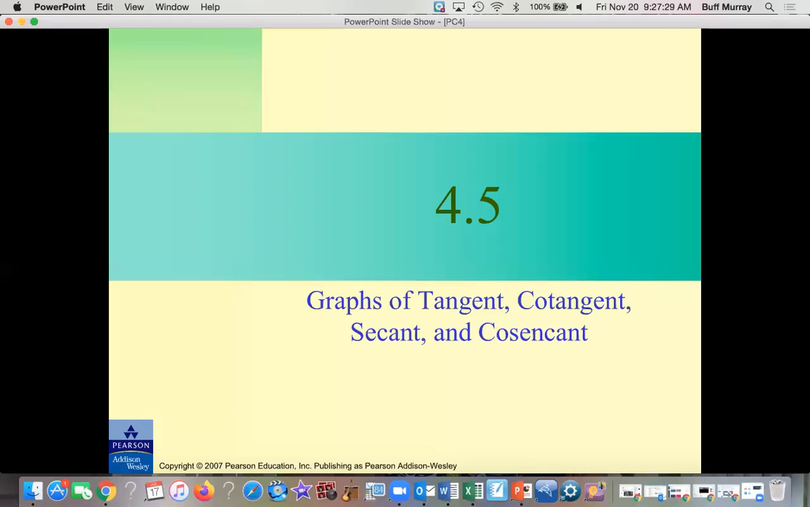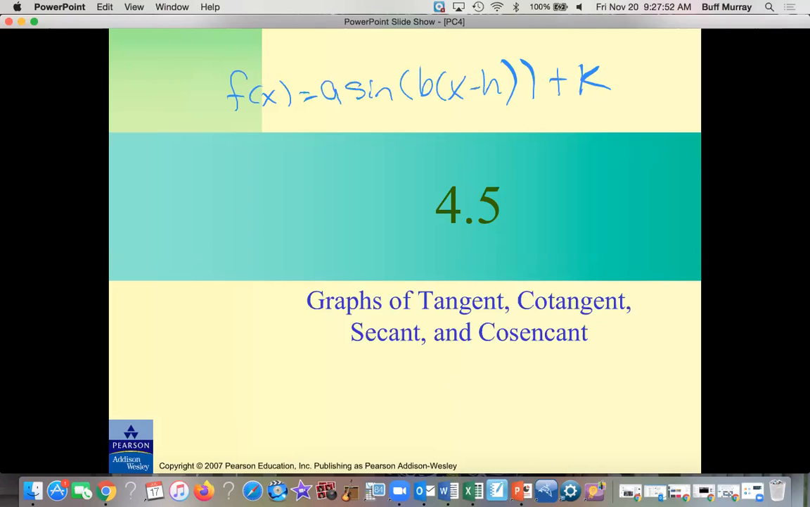So the big focus was, and I'm just going to write it on here, if we have f of x equals a sine of b times (x minus h) plus k, we'll call that transformation form. And those values of a, b, h, and k are going to move things around and change the way the graph looks. Keep in mind, I'm not going to write the whole thing over there again,